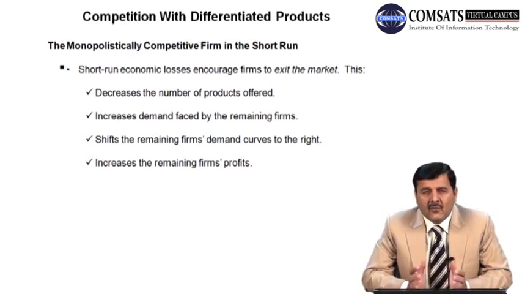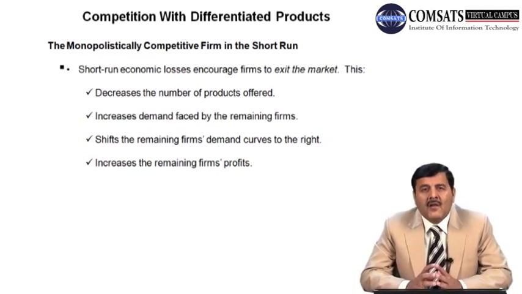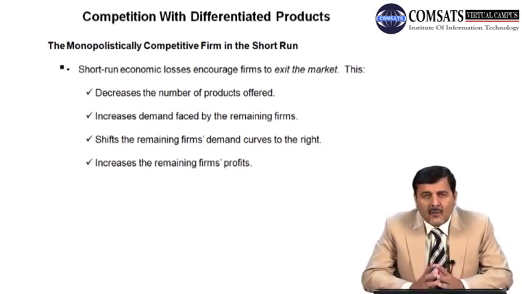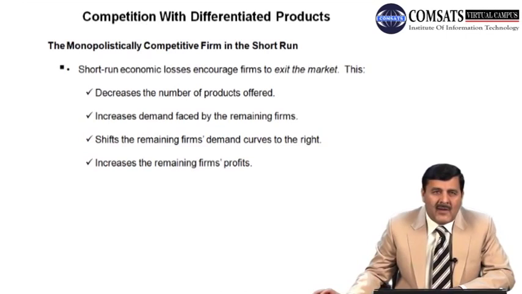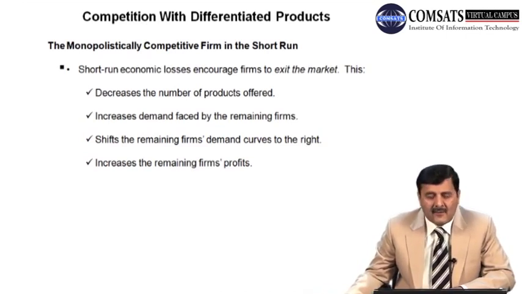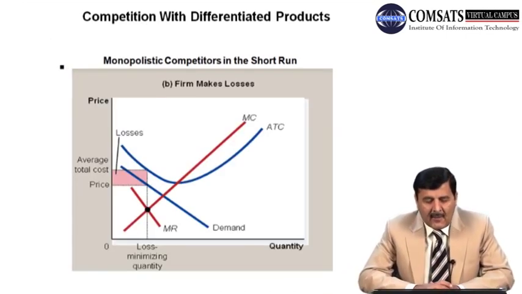तो जब नई फर्म्स एंटर करती हैं या पुरानी फर्म इंडस्ट्री को छोड़ जाती हैं, देयर इज नो रिस्ट्रिक्शन ऑन दैट। तो इन केस ऑफ लॉस, some of the firms will exit from the industry, so the demand for the existing firms will increase, उनकी डिमांड का राइटवर्ड पे शिफ्ट हो जाएगा और उनका प्रॉफिट बढ़ना शुरू हो जाएगा, एंड दे विल स्टार्ट अर्निंग नॉर्मल प्रॉफिट। तो नुकसान की जो सूरत हाल है, जब फर्म्स को नुकसान हो रहा होता है, तो कैसे एक्सप्लेन कर सकते हैं अंडर दिस मार्केट स्ट्रक्चर। तो इसको एक्सप्लेन करेंगे इस डायग्राम के ज़रिए।